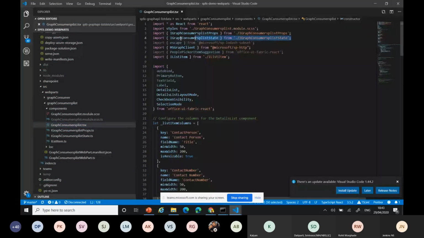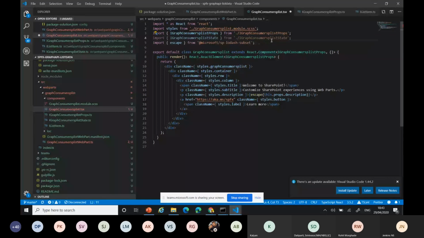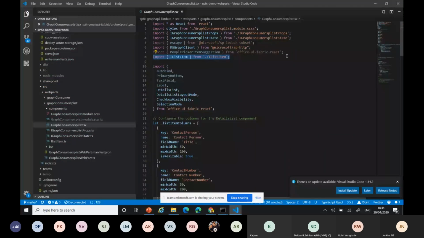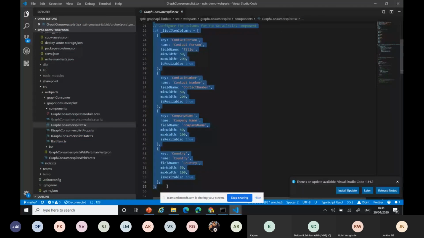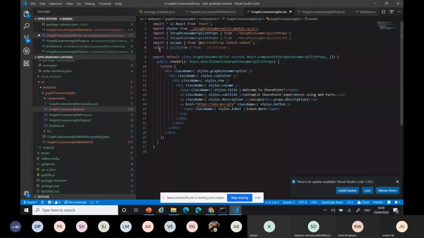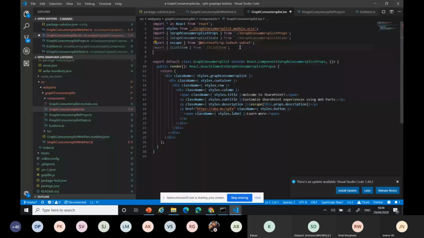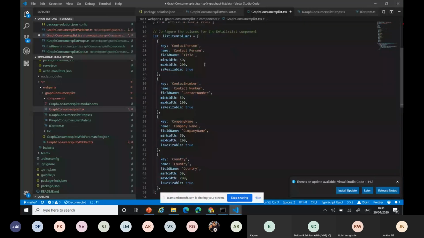The new things I've added are the state and the list items. These are just values I'm adding to create the DetailsList control from Fabric.